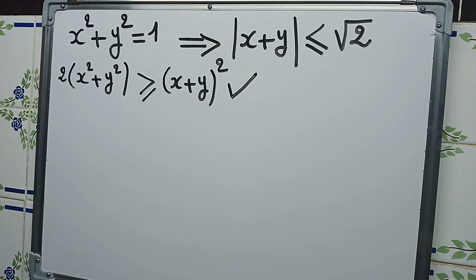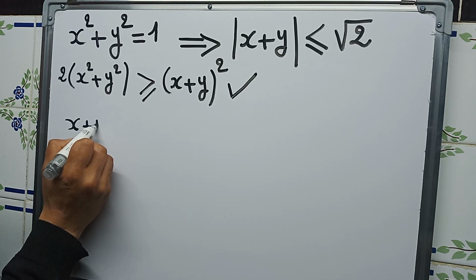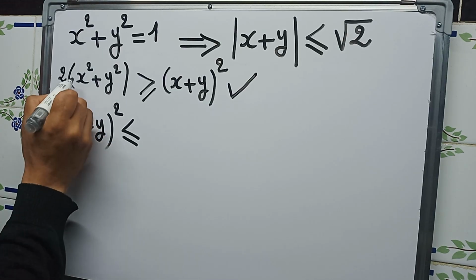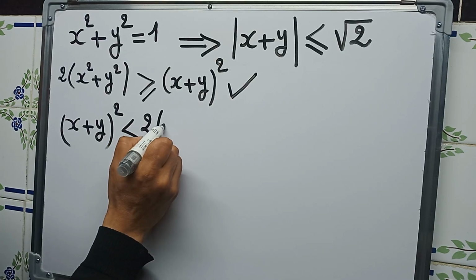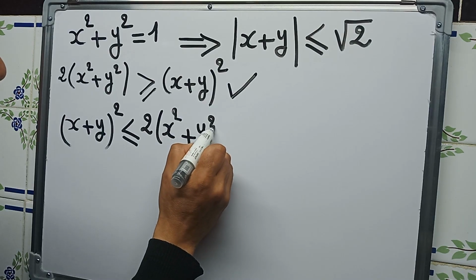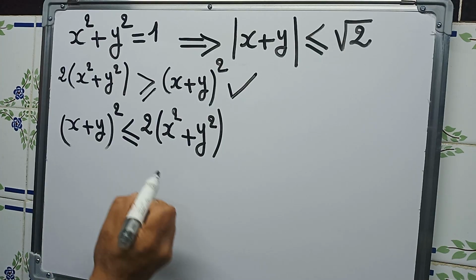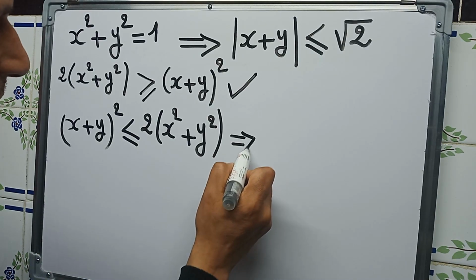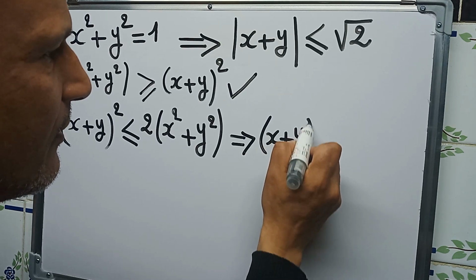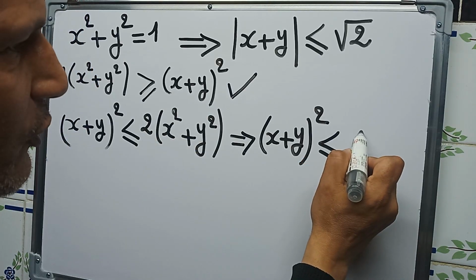Now back to our problem. So from here we have (x plus y) squared is less than or equal to 2(x squared plus y squared). But x squared plus y squared is just equal to 1. So here it implies that (x plus y) squared is less than or equal to 2 times 1, which is